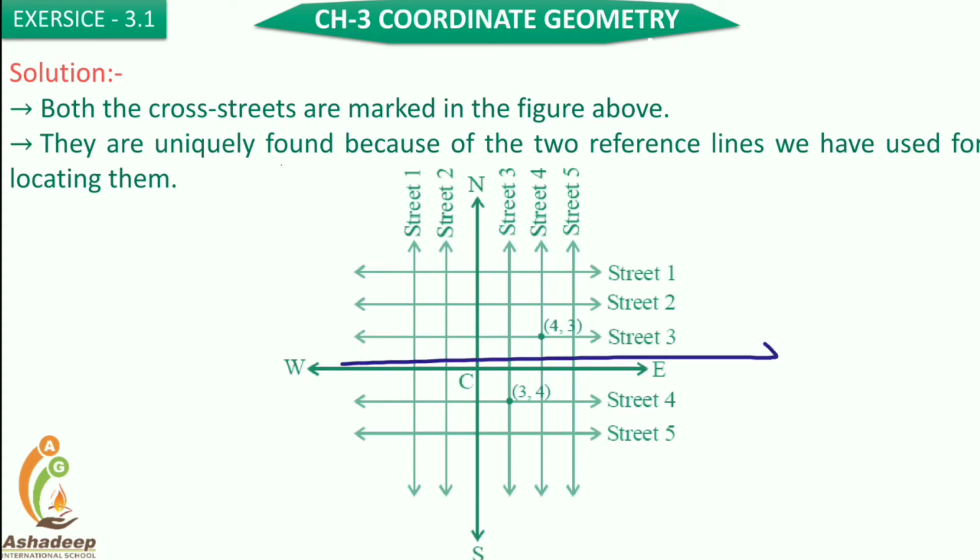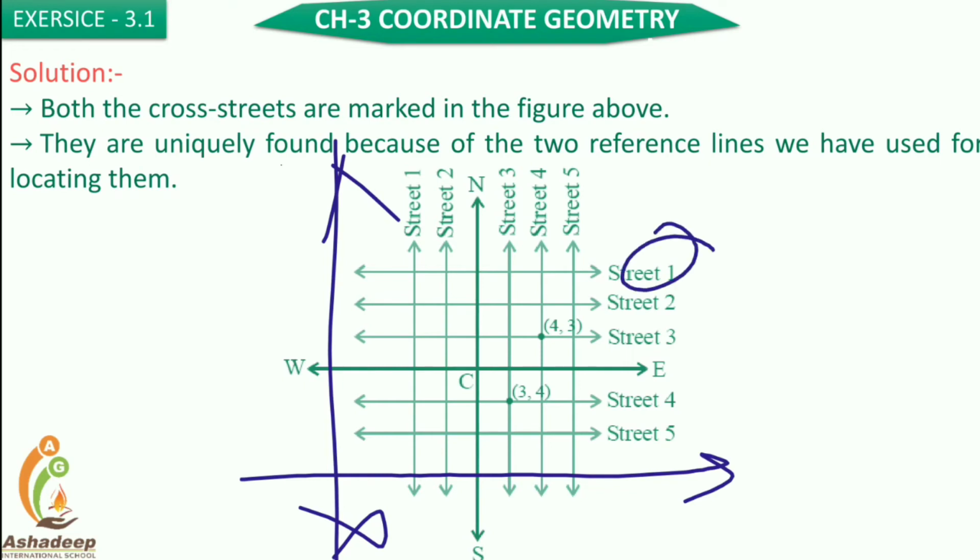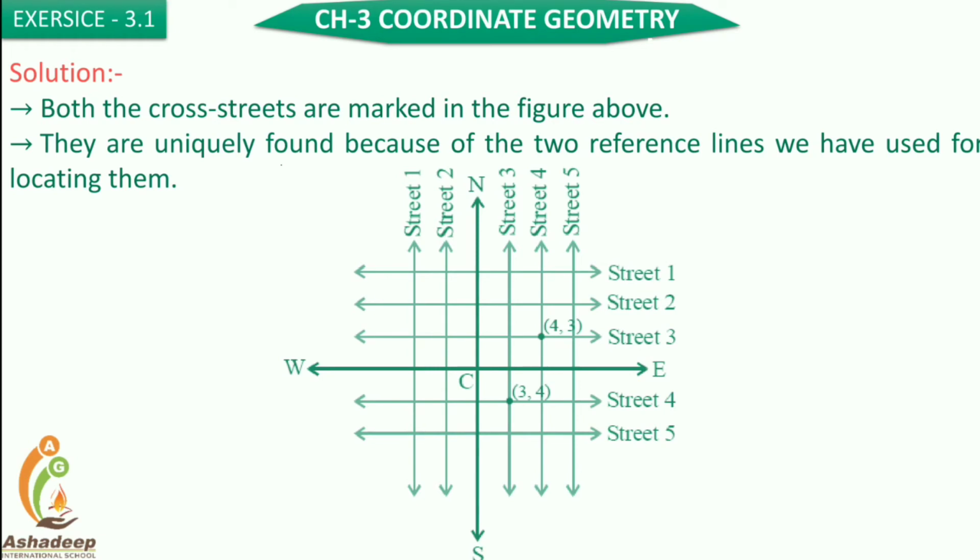So this we consider as the x-axis, this we consider as the y-axis. Simple. Okay. So here, if we consider this axis will be taken as in here, right? So this is, sorry, from this way, right? So this is street 1, 2, 3, 4, 5, right? So this way you have to consider. And now what we have to find here is